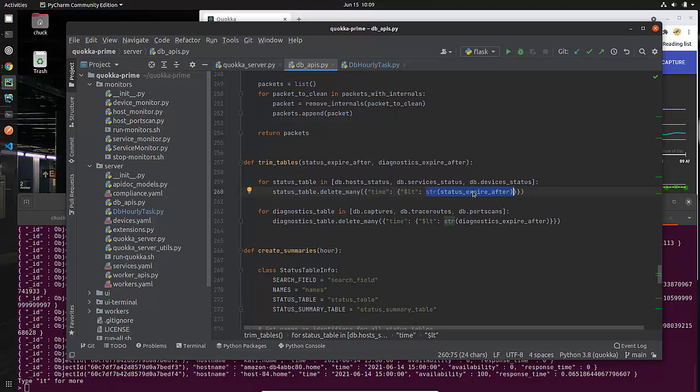I want to expire after. And what am I doing? This is going to be basically an hour. It's going to be something like the first part of this because I'm running this hourly. And why can I do less than? I can do less than because it's just a string lexicographical comparison of these things. And if the number is less than, then I'm going to delete it. As you can see, this is always going to be incrementing, whether I'm incrementing the hour or the day or the month or the year. So it's getting rid of everything that is before that.